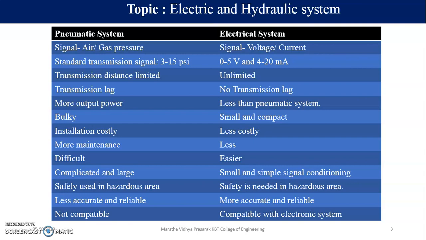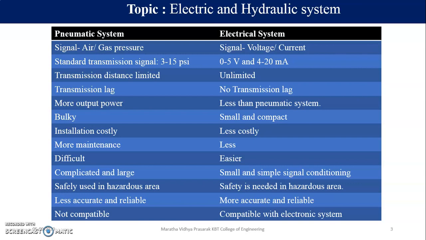In practicals you will come to know why I am trying to tell you it is difficult, because its impact is really very high. It can surely hit you like anything. Then it is complicated and large, and small signal conditioning is required. It is complicated and large because the number of components is more. It is large because you need to sustain that high pressure air. And in electrical systems, due to advancements in semiconductors, it is simple and only small signal conditioning can suffice.